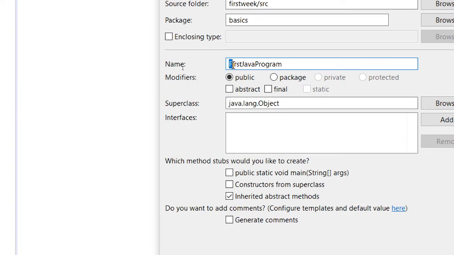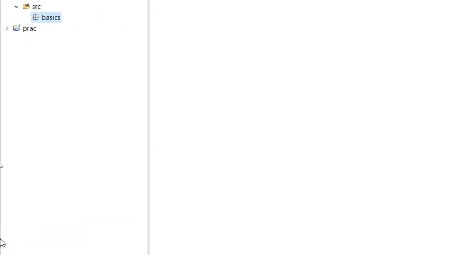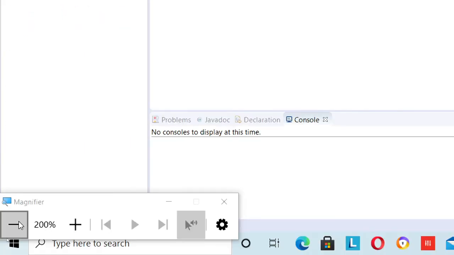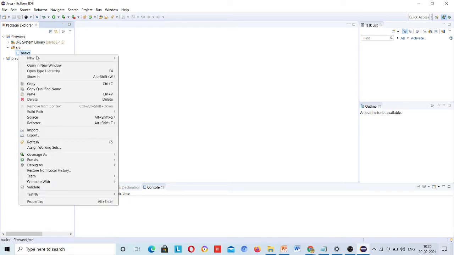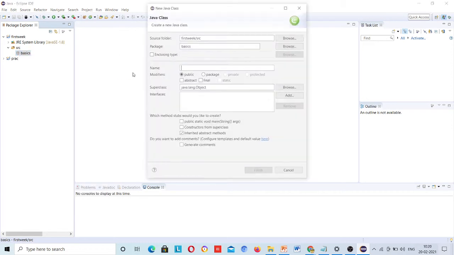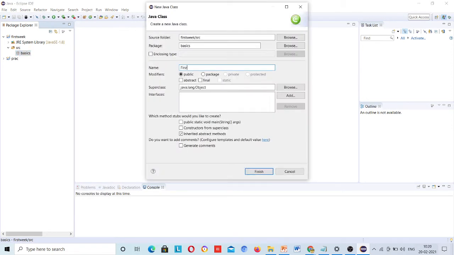F is capital, J is capital, and P is capital. So this is your first Java program.